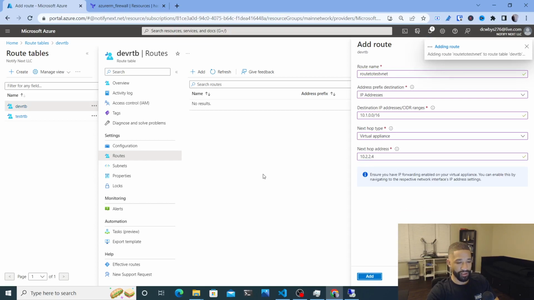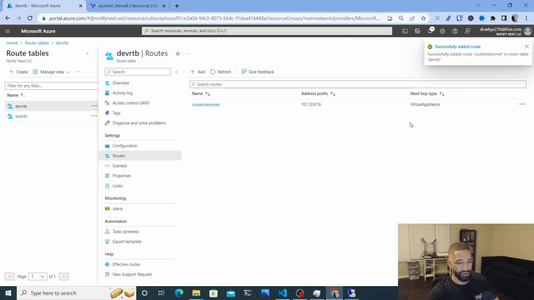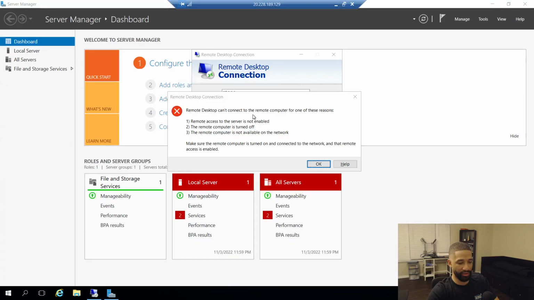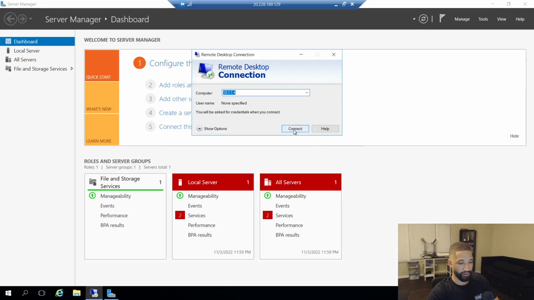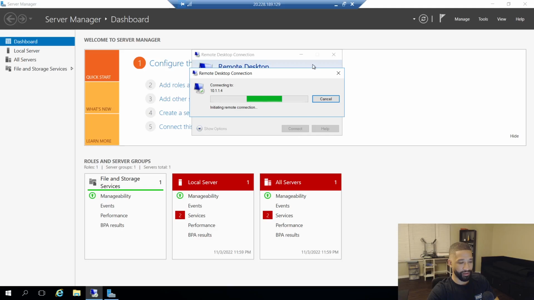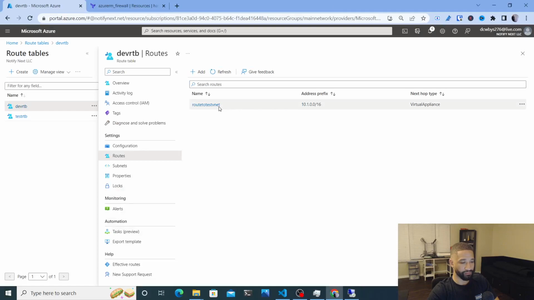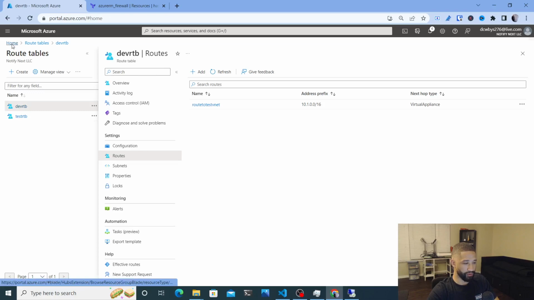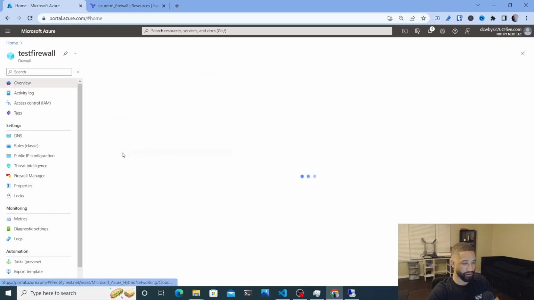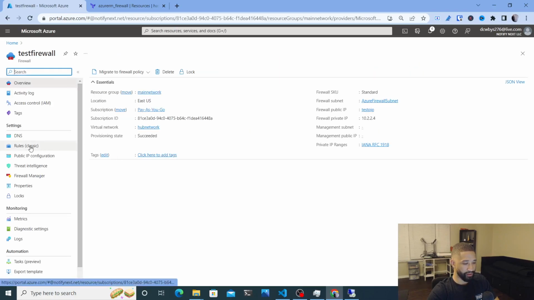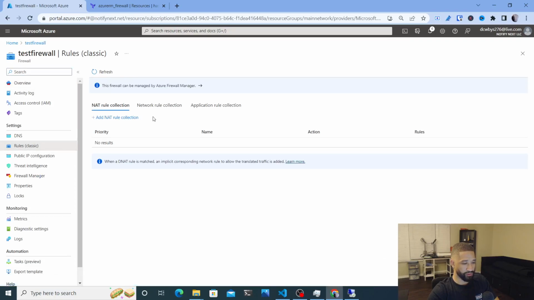So now that we got those set up, that still doesn't give us the ability to send out anything to that network because the firewall is not set up, and we can confirm that by going here and trying to connect again. So there's nothing saying how to get back and forth between each other. So what I can do now is go back to the firewall, and we'll need to create a policy to define that. So we're going to go to rules, and we're going to create a network rule collection,